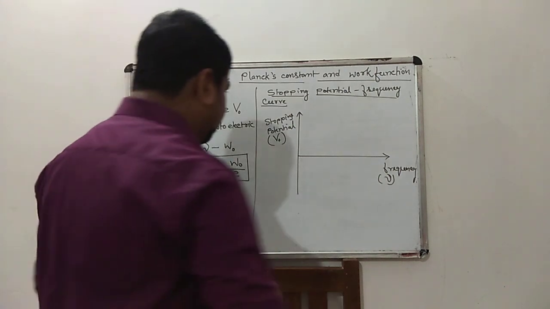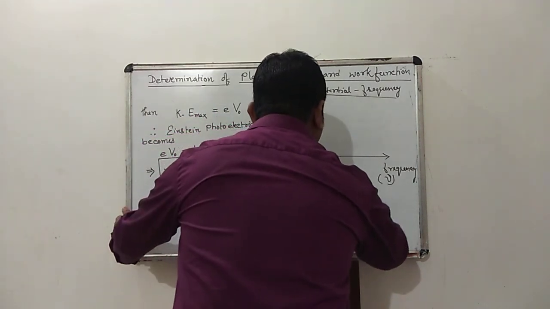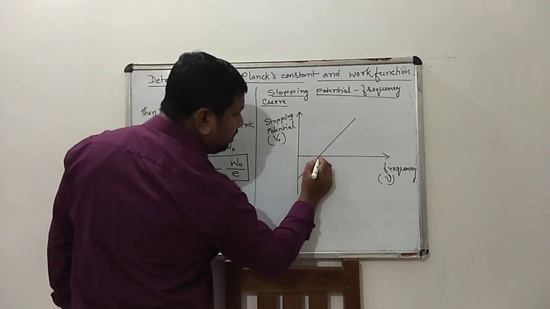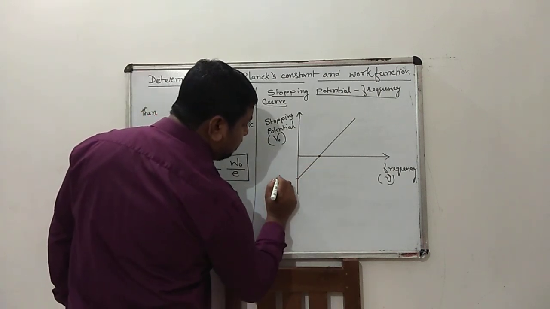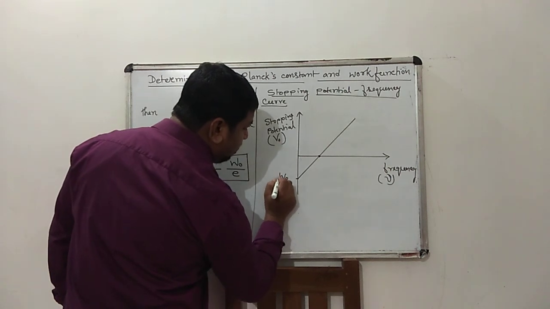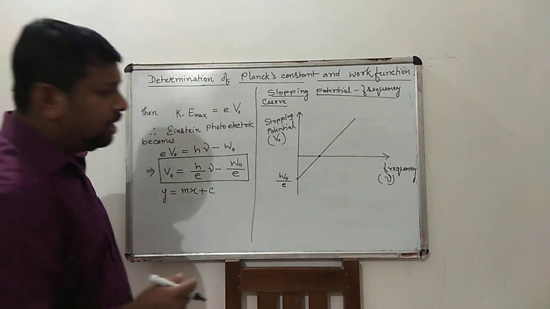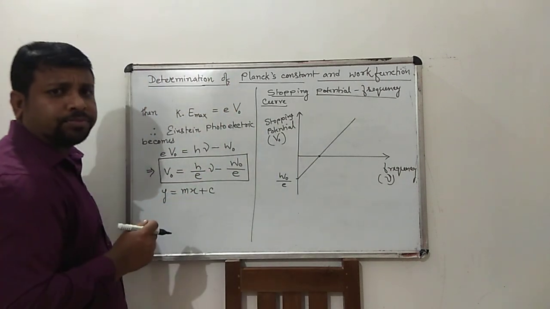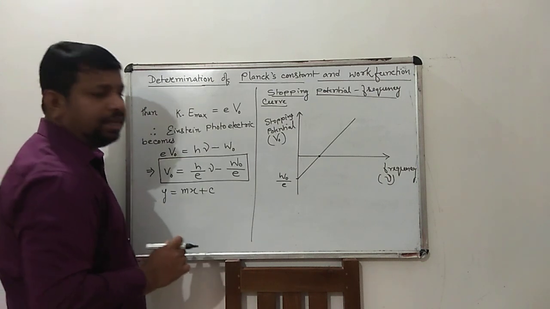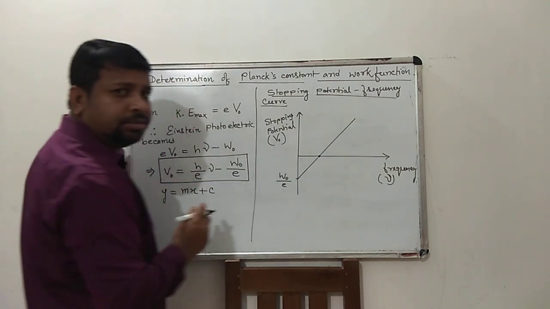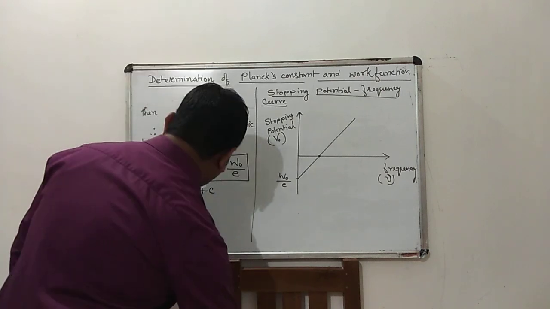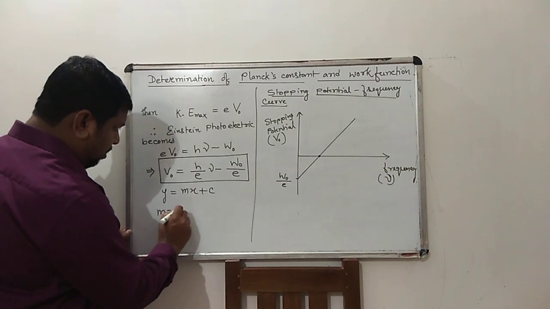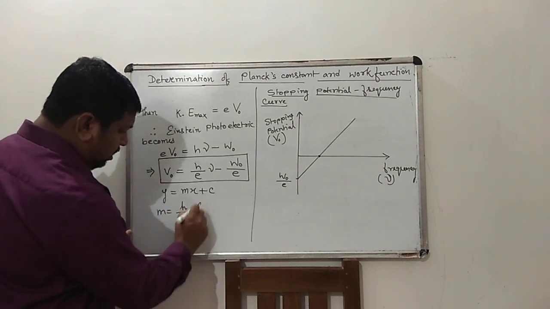Okay. And we get a graph like this. This is frequency. Suppose this is nu and this is W naught by e. This is W naught by e. Here, this is the slope. This is a negative slope. Oh, sorry, positive slope. That is h by e. This is the slope, theta. Okay? So from this we get m equal to h by e, that is the slope,